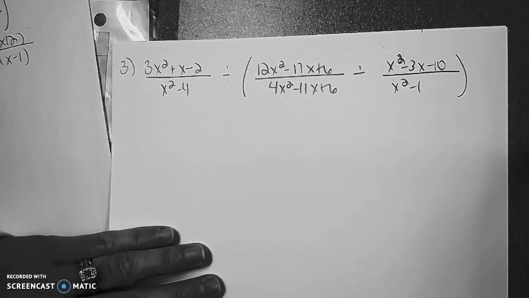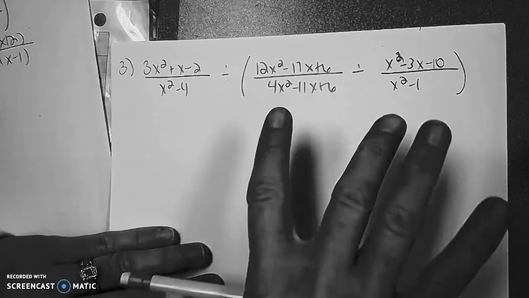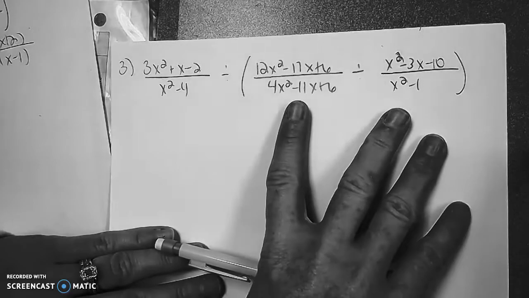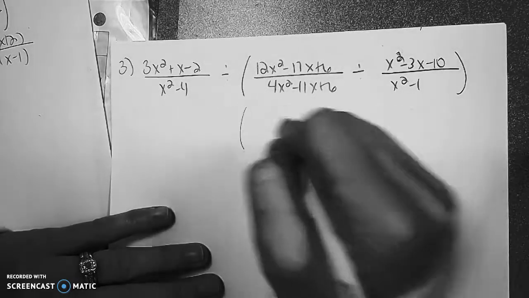We're looking at homework 3.7. We're going to start off looking at problem number 3. I'm going to start by following the order of operations, so I'm going to start inside the parentheses here, and we'll just concentrate on simplifying this expression for just a